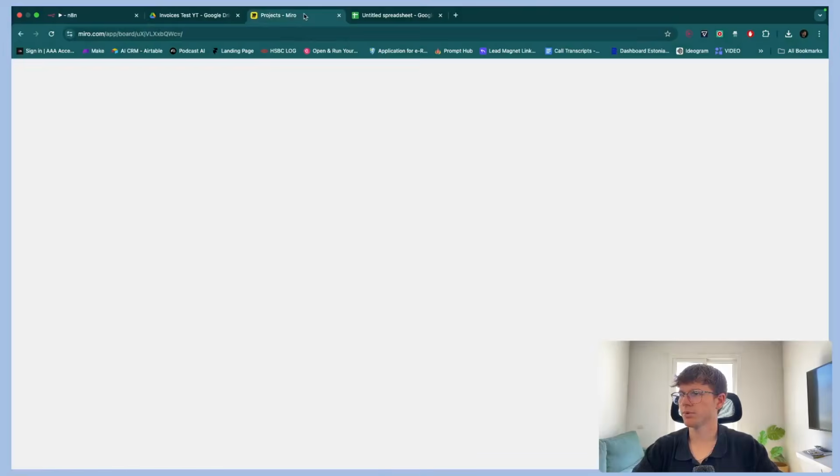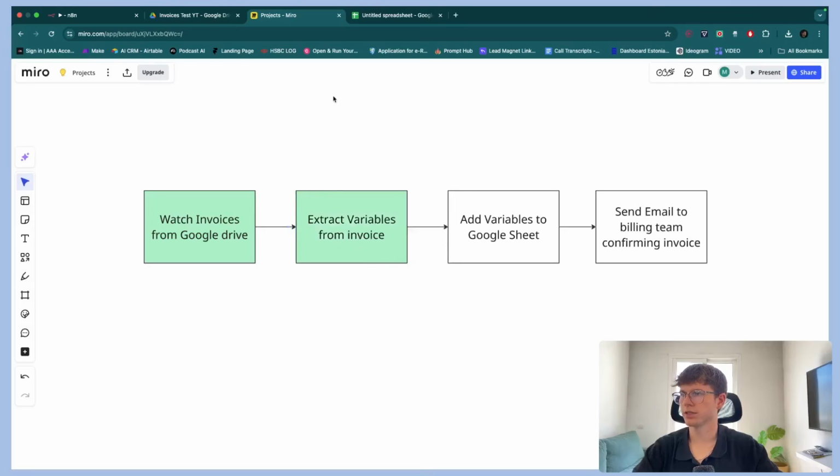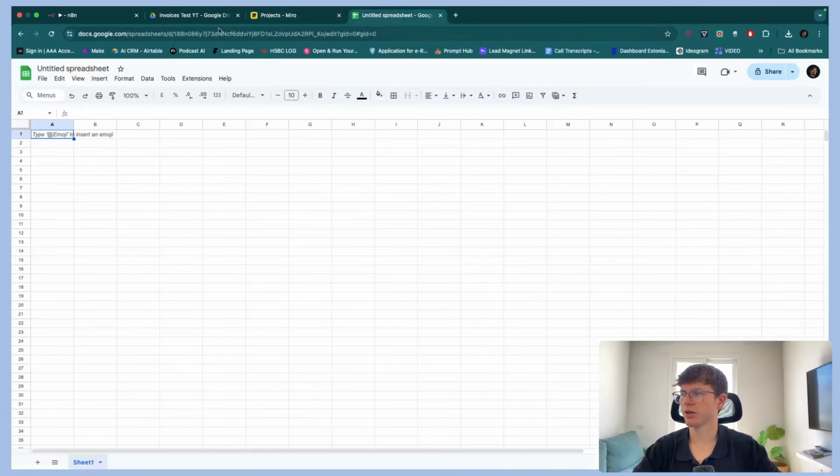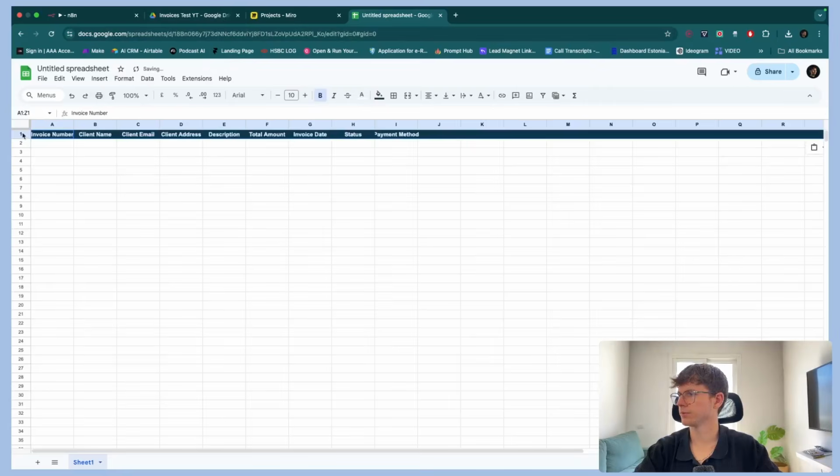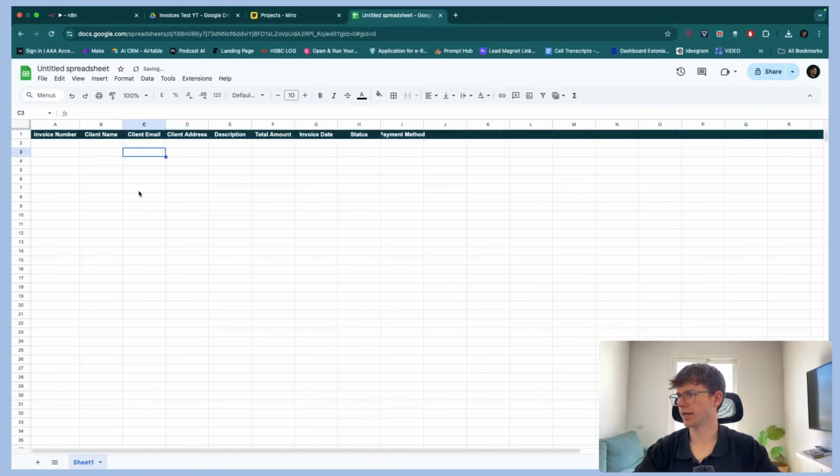All right, the next step, so we did this, done. The next step is actually to add it to the sheet. So if I go here, I actually made the sheet. So the variables that I have, let me just fill this out so you can see. Go right here. I have invoice number, client name, client email, address, description, total amount, invoice date, status, and payment